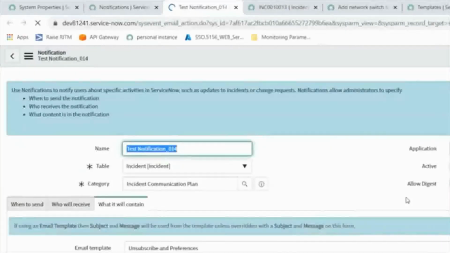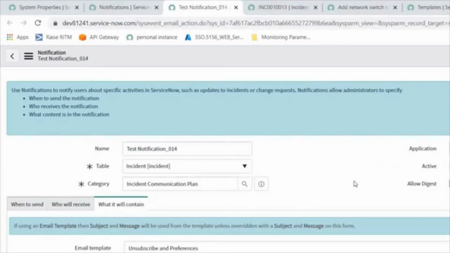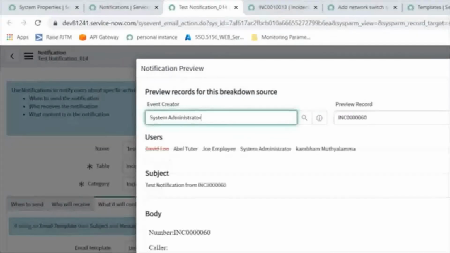Here you can see the preview. Before you send this outbound notification to the end users, you are able to see how it will look. If you click on this preview notification button, you can see how it looks, and whenever we send it to a third party person, that is how the email looks after sending.